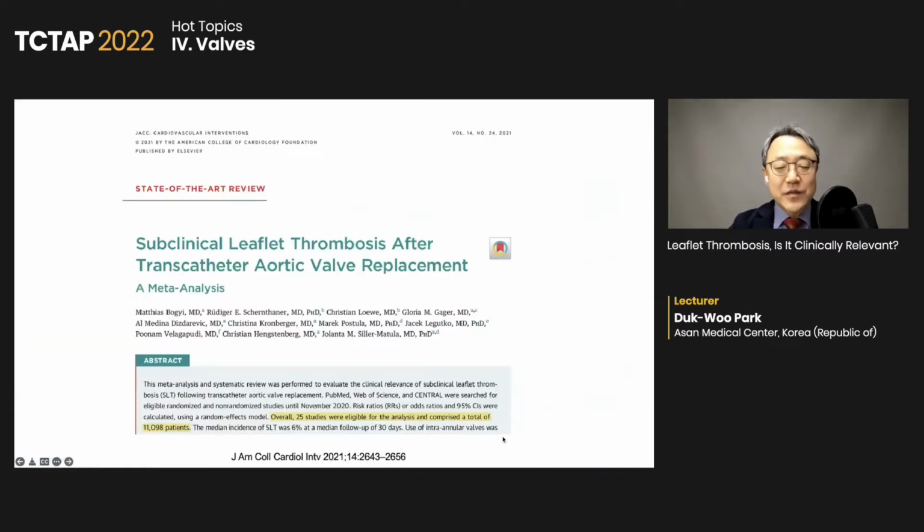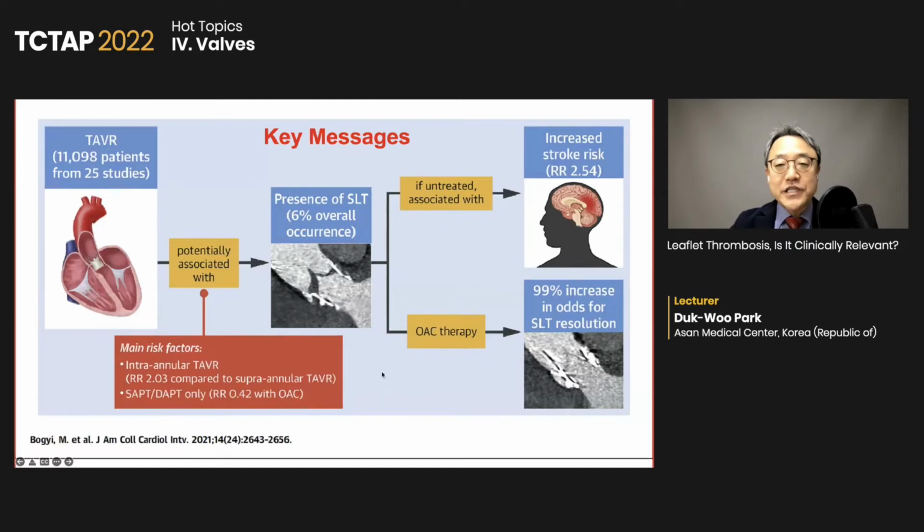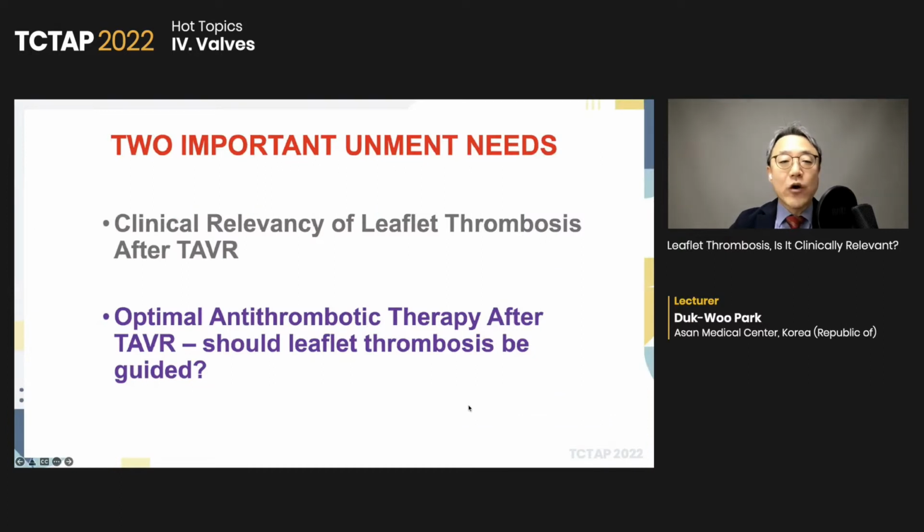This is a recently published meta-analysis, and all the data is mainly based on observational data. It is a 25-study analysis published in JACC Interventions, and this is the key message, the central illustration. The presence of leaflet thrombosis, over 6% if untreated, is associated with increased stroke risk, relative risk 2.54. With the use of anticoagulation, 99% is the resolution. However, the limitation is that the overall finding is based on observational studies. And the second part is optimal antithrombotic therapy after TAVR. Should leaflet